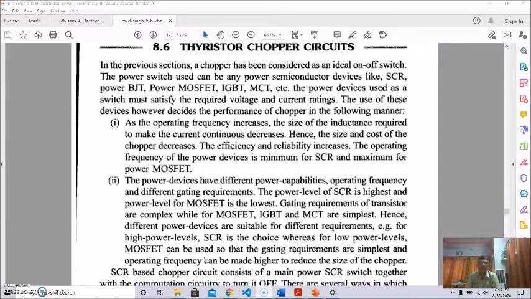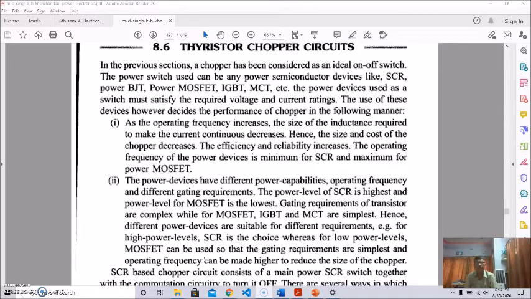In this power electronics and drive class, so far we have discussed different types of choppers. DC choppers, particularly type A, B, C, D, and their operating principles, waveforms, etc. We have discussed. Today, we'll discuss the commutation techniques of